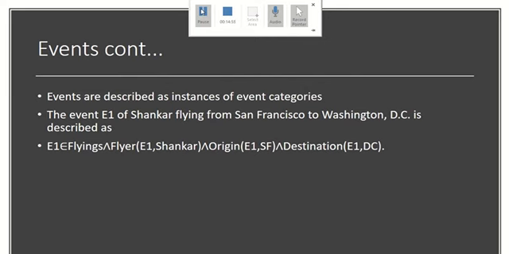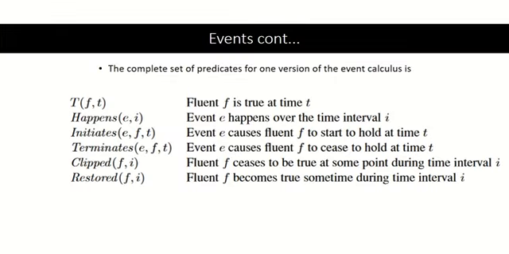The origin of the event is San Francisco, and the destination of the event is Washington DC. So we have represented the whole event here like this particular representation. Okay. So generally, we can say events are based on time rather than just the initial and final state. We focus on the time in between the initial and final states, the different substates in between the initial and final states.